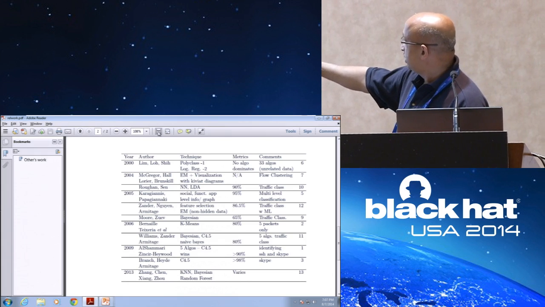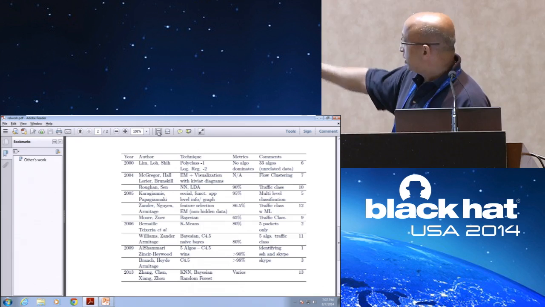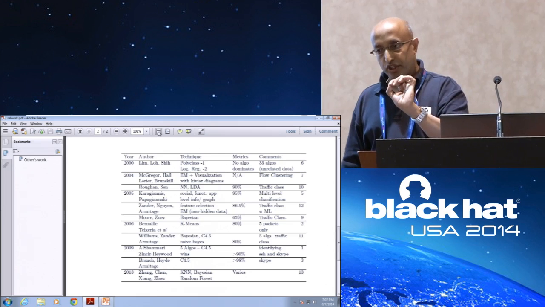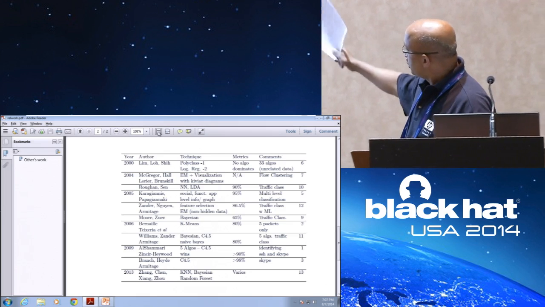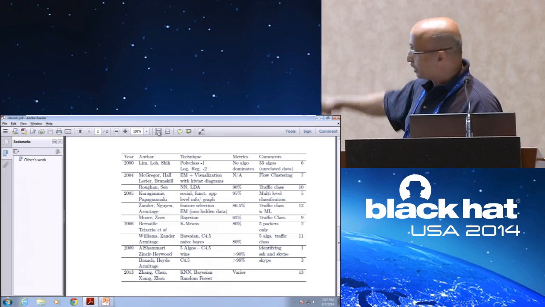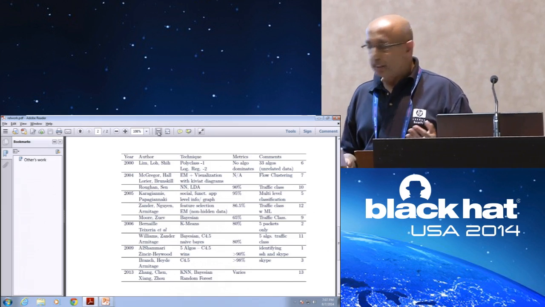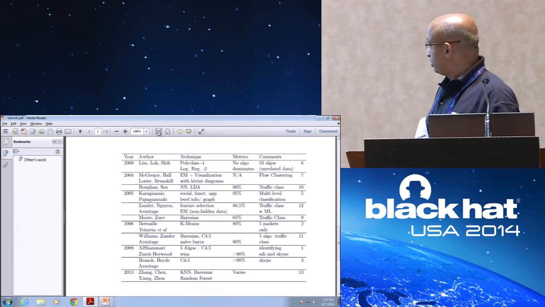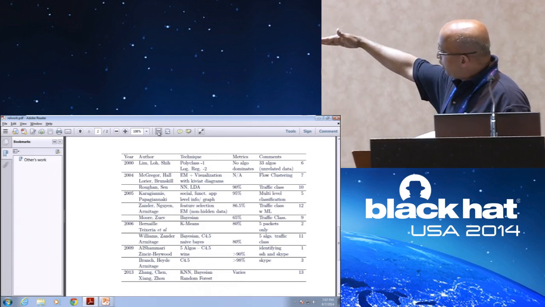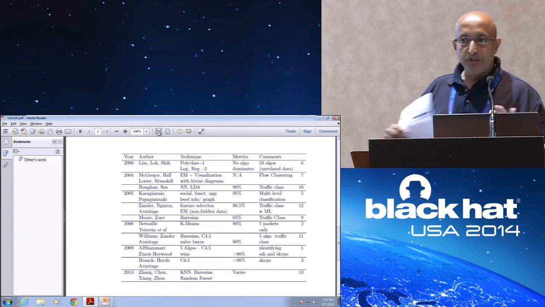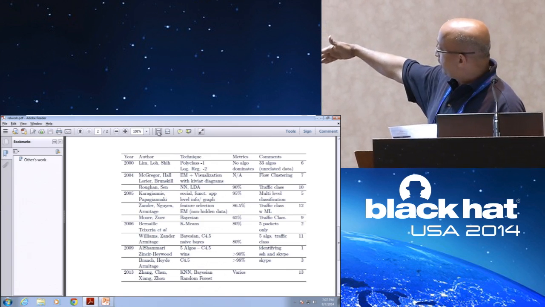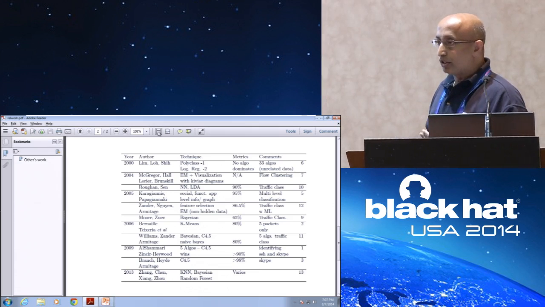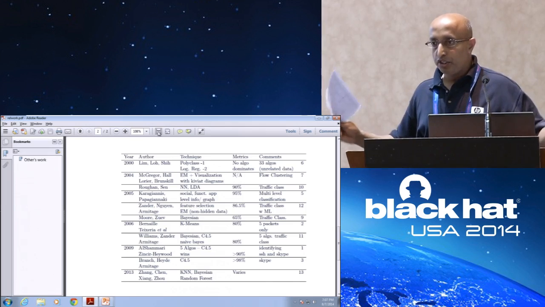For instance, the Bernal work requires only 5 packets to identify one particular application. Some of the other ones were similarly restrictive in the sense that they can just identify Skype or they can just identify SSH and so on. But the main point I want to leave you with is that these different techniques come with a significant barrier to entry. That is, you must